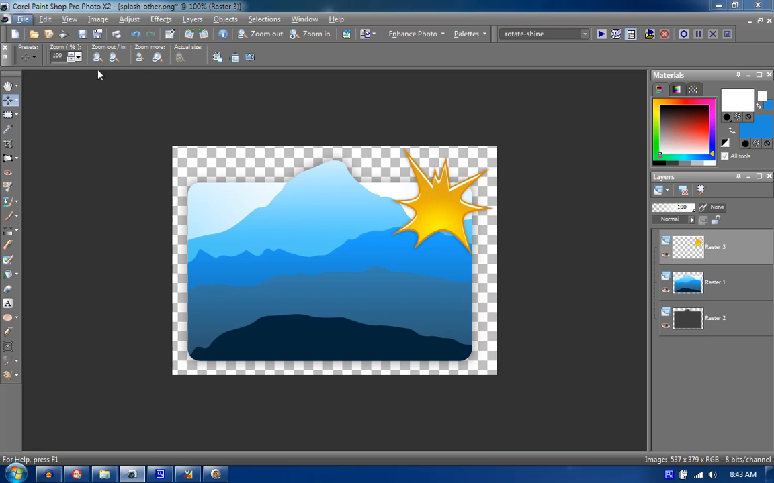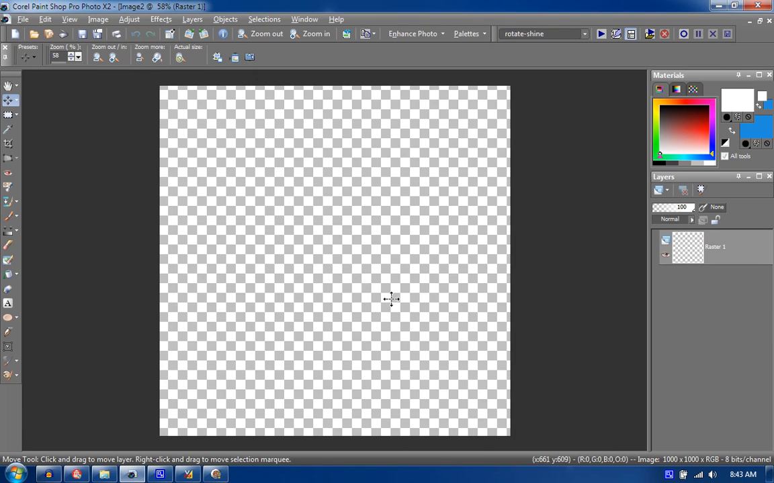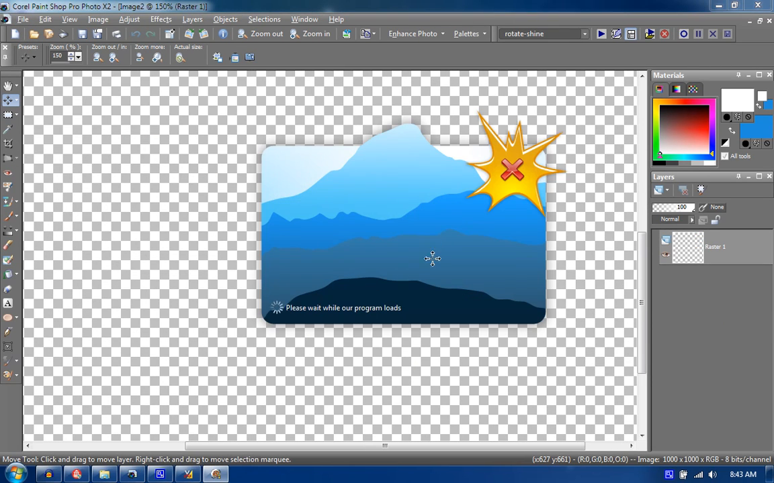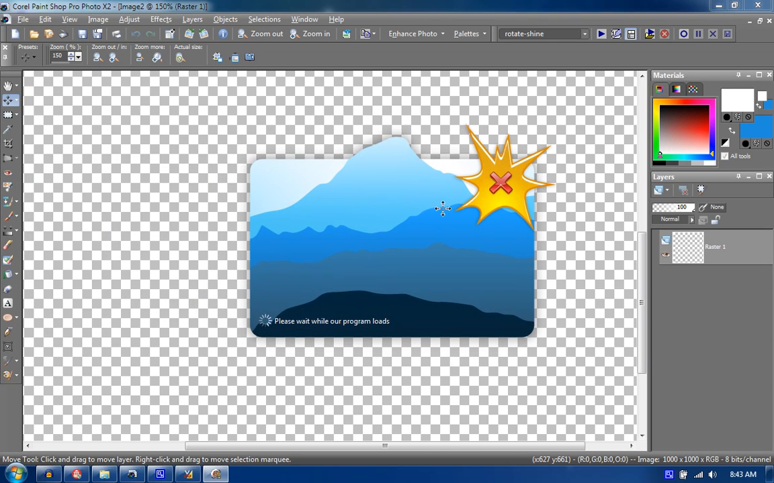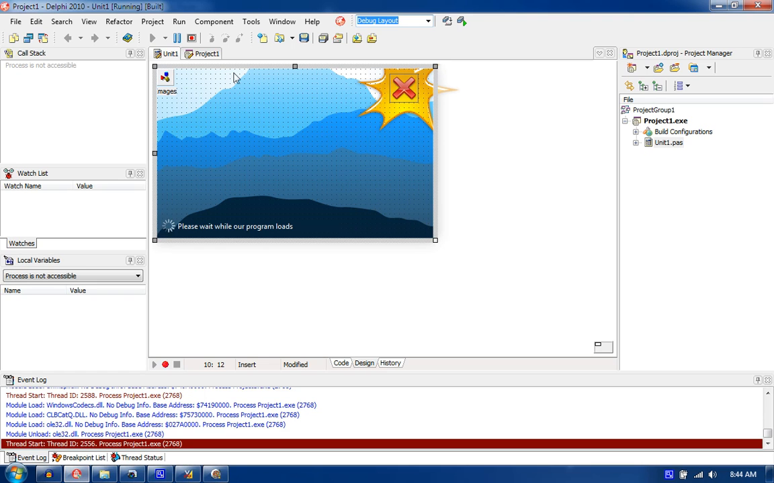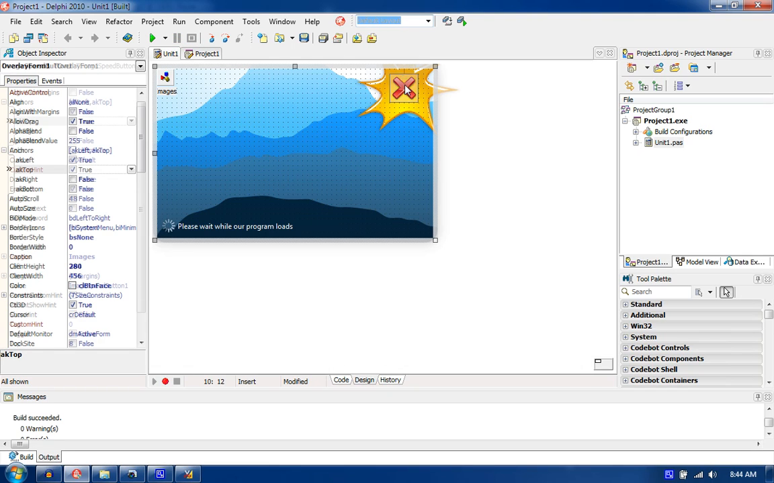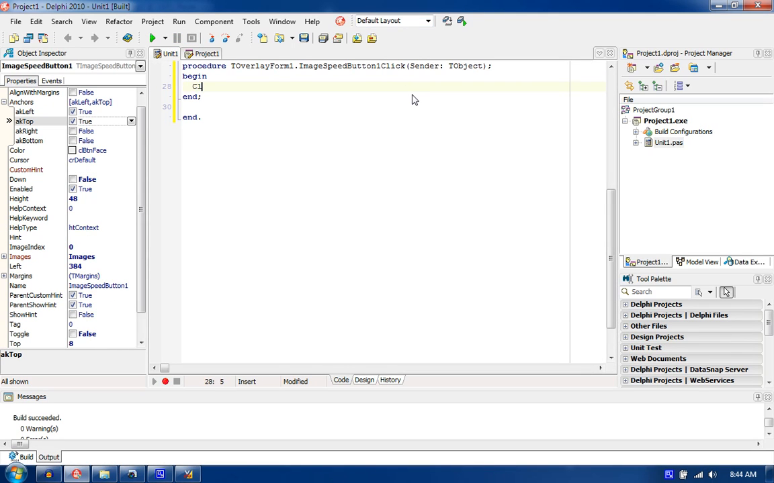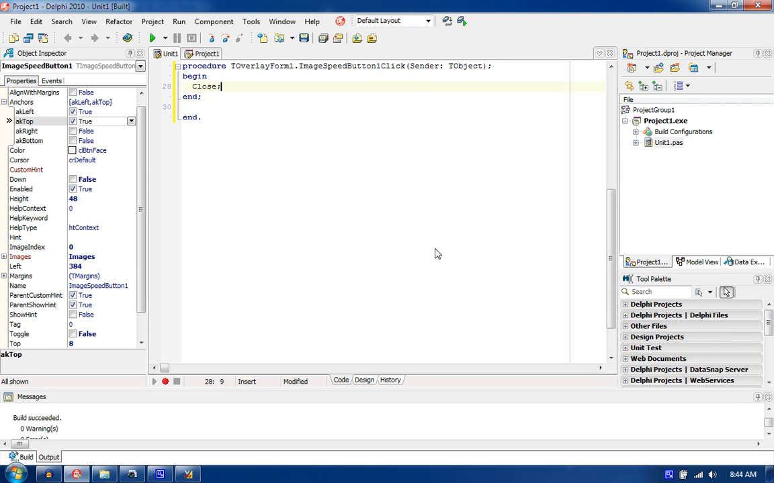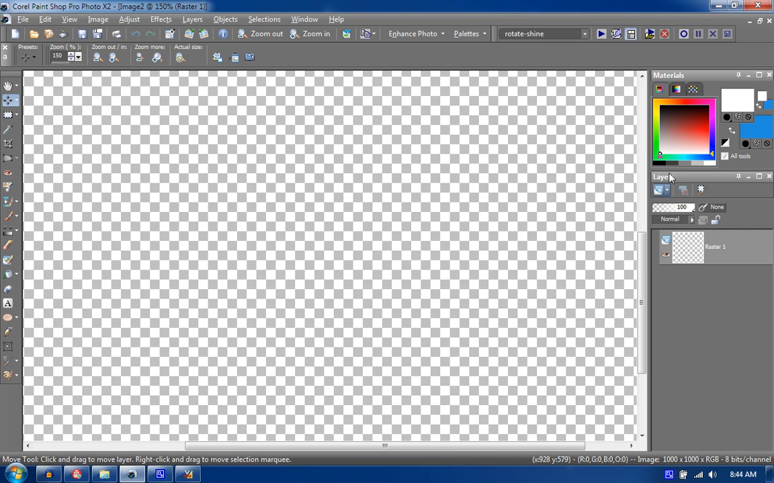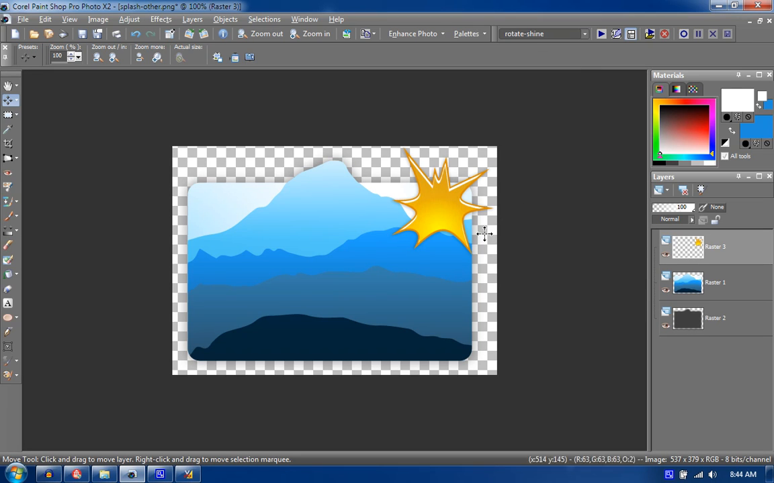Just get a big checkerboard pattern here to put it on top of. And there you go. Forgot to put our close handler here. There we go. Okay, let's look at modifying this image and putting something else here to show you how